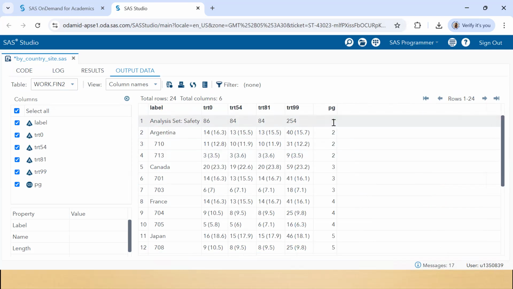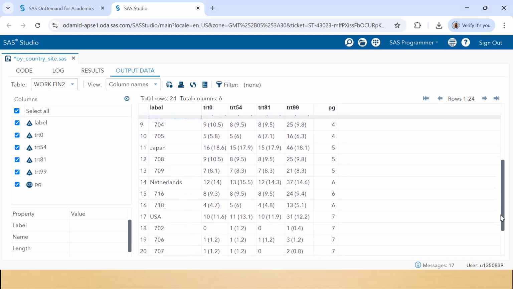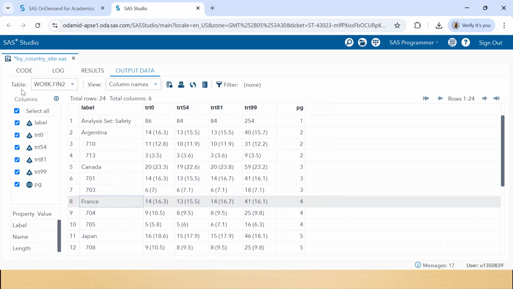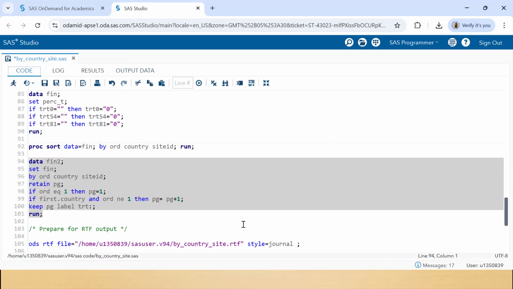So here you can see that PG was having a value of 1 for the first record, and for Argentina it changed to 2. For country it again changed to 3, which is incremented by 1, and France 4, and so on. You can see it has changed, right? So this is our final data set which we can use in our proc report to generate the data set,